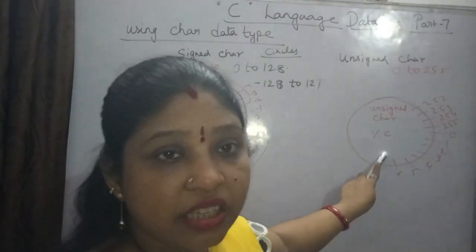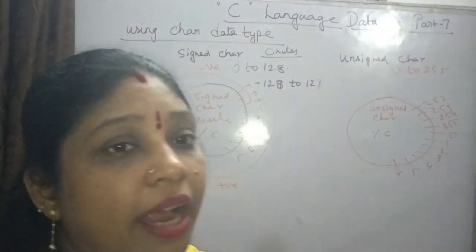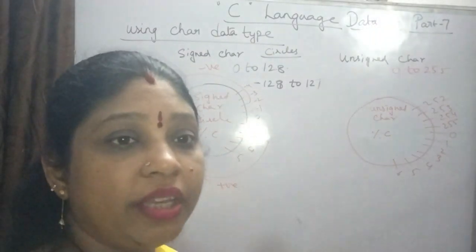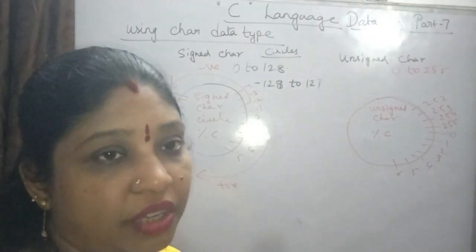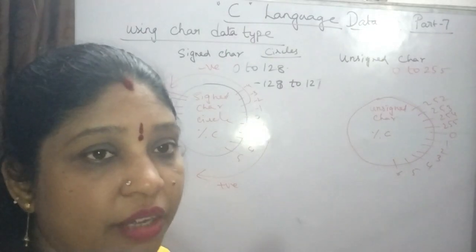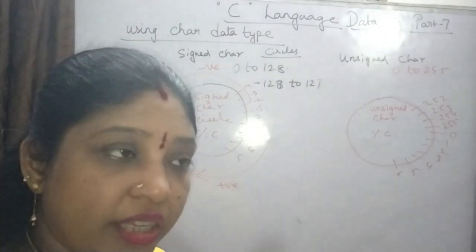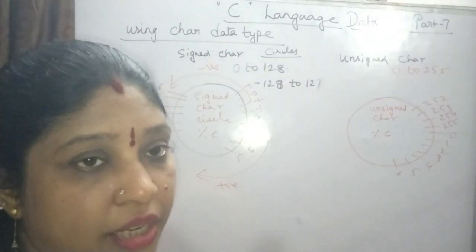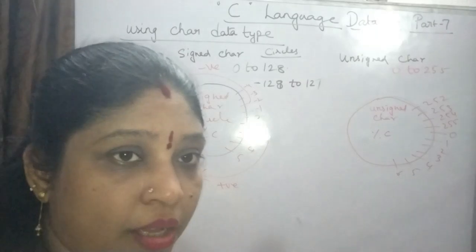If you declare unsigned char data type, it will enter into the unsigned char circle and it will check the values; it will compare the values which you have given. If you are asking to retrieve the value, it will check. If you want to assign any value to the data type or any variable, then also it will check these circles.